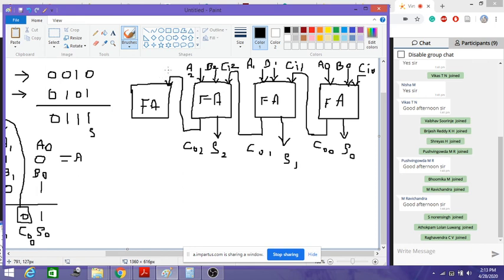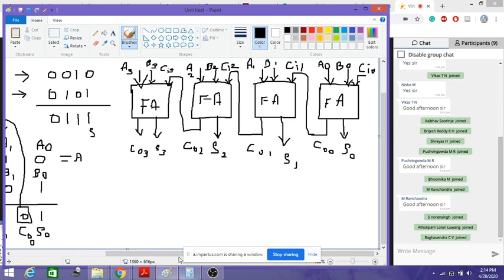Apart from this I have two additional inputs, A3 and B3, and this is Ci3. Then the final output I'll get here as S3 and